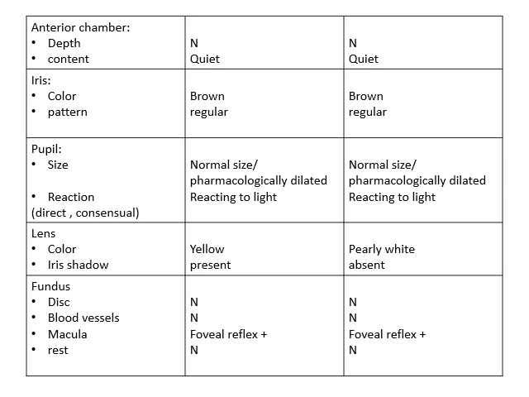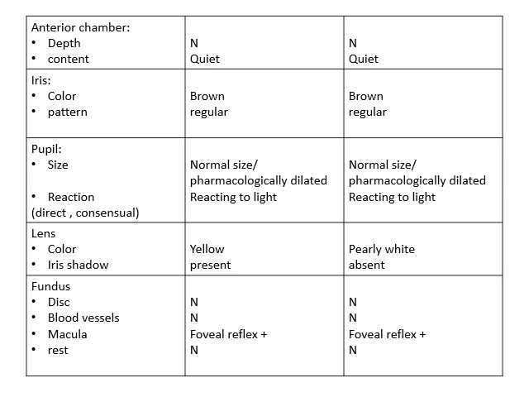For checking the consensual light reflex, you will have to put your hand on the bridge of the nose and forehead, and then you will have to put the light on one eye and see whether the pupil on the other eye is constricting or not. If both the light reflexes are present, you will have to write that the pupils are reacting to light.